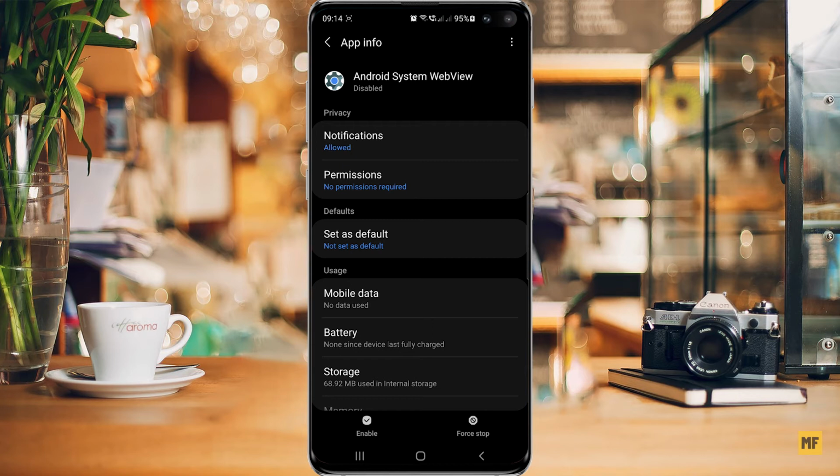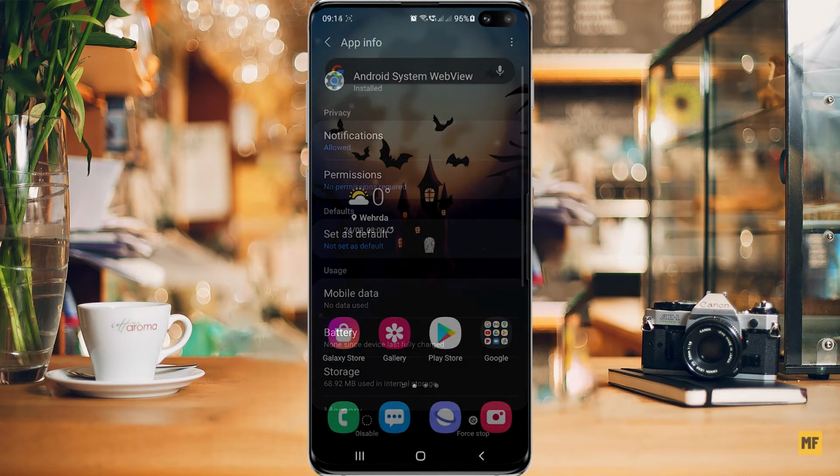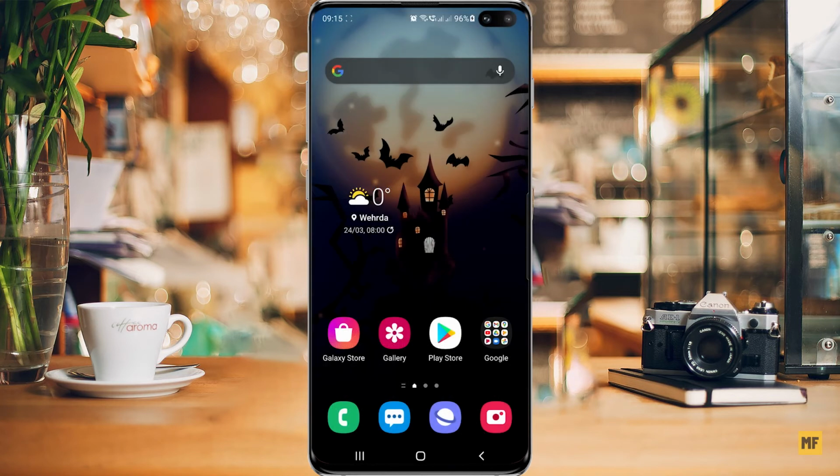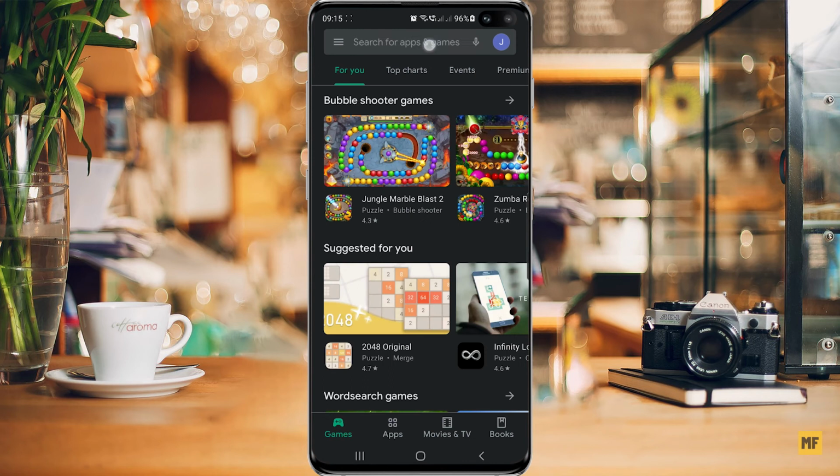So after some time, if the application has been well updated by Google, then you can head back here and enable the application. So if after trying both methods you still don't find the option to uninstall the Android System Webview, then to fix the crashing problem, just head over to the Google Play Store and then search for Chrome,